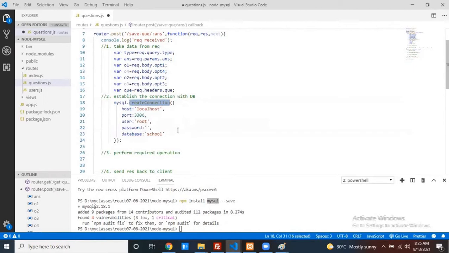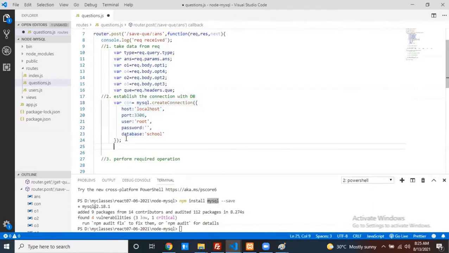Now, anything you provide to one method, that method does something and gives something back, right? If any method returns something, how can we hold it? By using one variable. So with this information, it provides one connection object. Whatever information you provided to this create connection method, that method returns me one connection object. Now, do you think the information you provide is always correct? Sometimes it's wrong also, right? I don't think it's always correct.